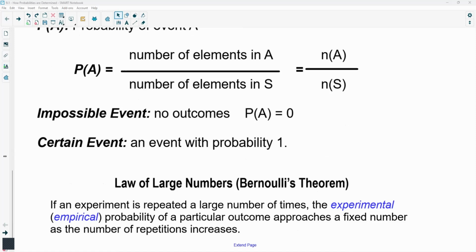if you repeat an experiment millions and millions of times, it's going to tend to a specific number. So for example, the first activity in your workbook is doing 3 different types of events: tossing 2 coins, tossing 2 dice, tossing 2 spinners that have two sides. All of those are going to be a limited number of times that you can do that experiment. But if you repeat those experiments hundreds of times and thousands of times, you are going to see